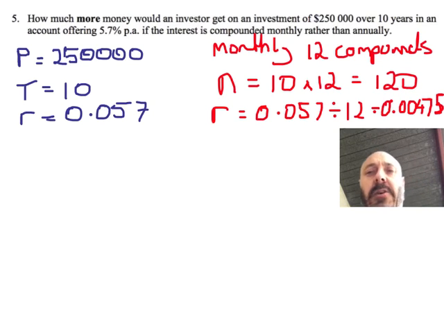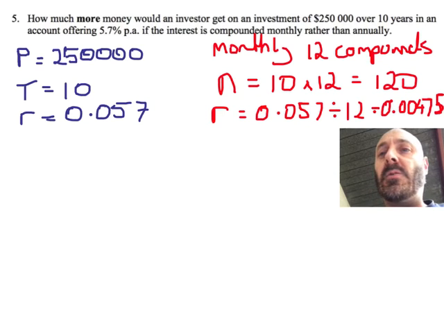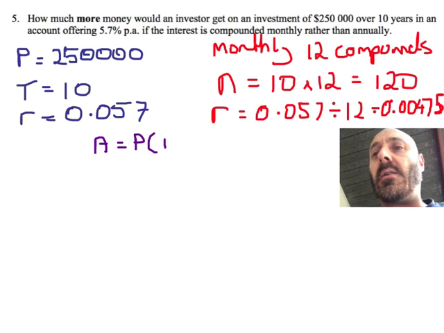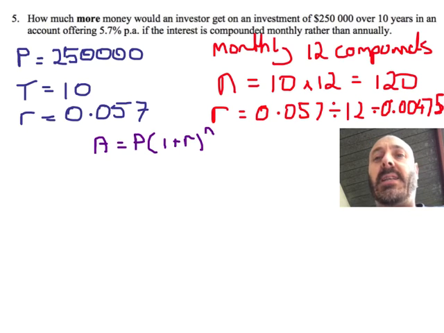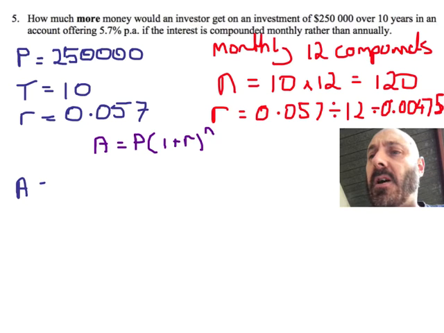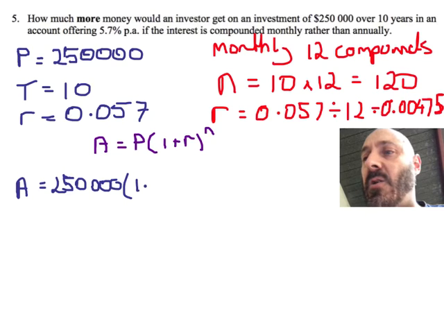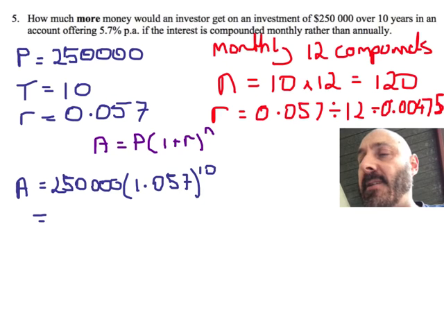In both cases, I grab my trusty formula, which is going to be A equals P(1 plus R) to the power of N. I'll put N, it's the T or the N, and then we need to substitute. Repeating the question with the monthly compound periods, I will have that my amount is $250,000. This time I have 1.00475, and that is the power of